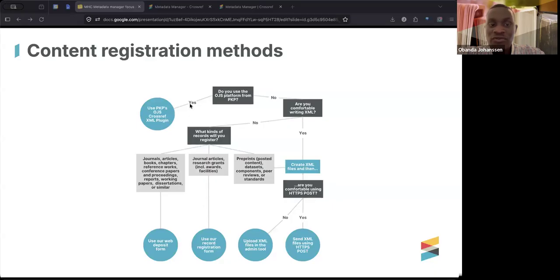Yeah, so if you are using the OJS platform, then you need to use the PKP OJS Crossref XML plugin. But if you're not comfortable using XML and you're also not using the OJS platform, then